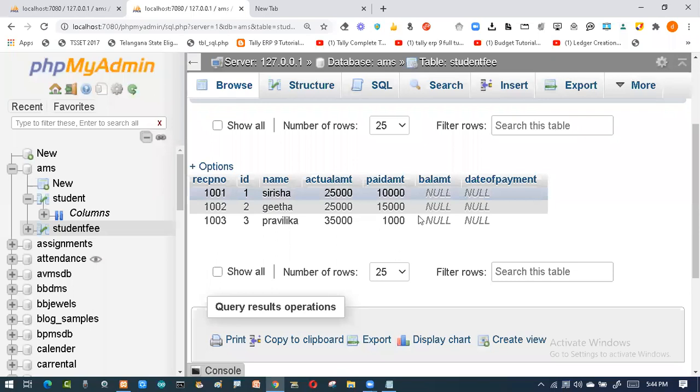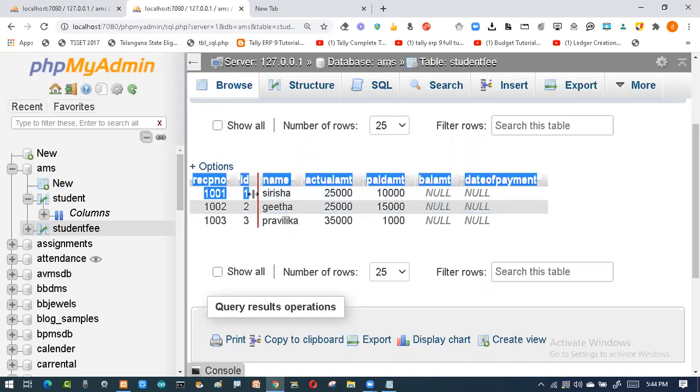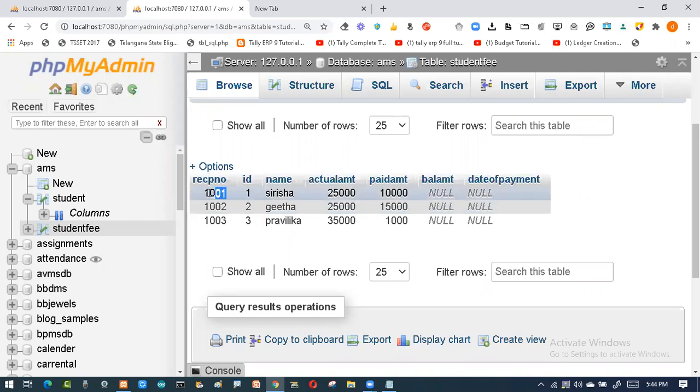It should not be for one person. See, the scenario previously: if you want to fill the gaps or change the values, I'm using the update command. So what was the condition for the previous update? This person came individually. Sirisha came, paid the amount, and I gave the receipt to her. Geeta came, paid the amount, and I gave the receipt to her.